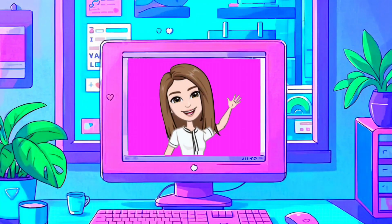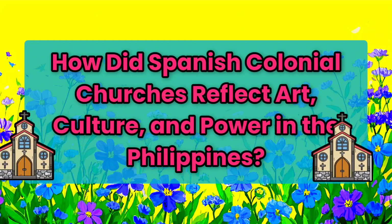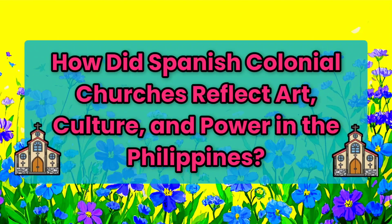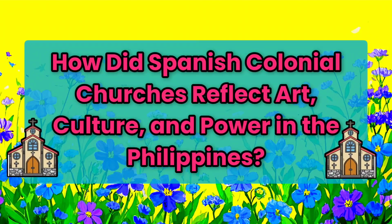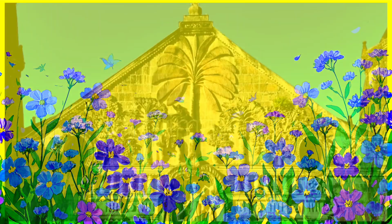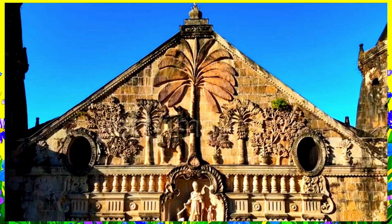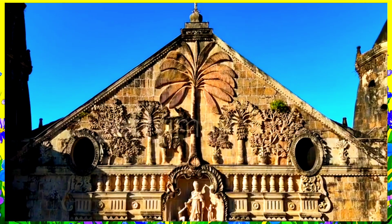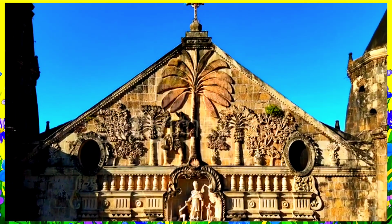Today's question is: how did Spanish colonial churches reflect art, culture, and power in the Philippines? The religious architecture that the Spanish colonizers brought into the archipelago is largely influenced by the architectural design of Mexico